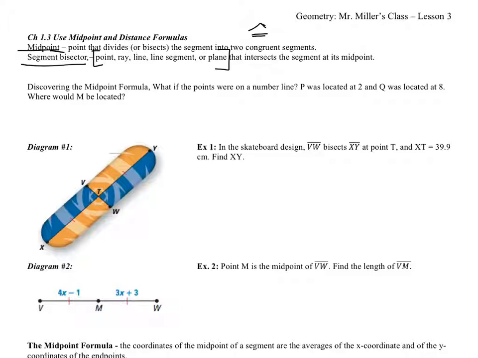The first example that I have on here is discovering the midpoint formula, and their question was, what if the points were on a number line, like P was located at 2 and Q was located at 8, where would M be located, and M being the midpoint. So if we go ahead and draw in a number line here,